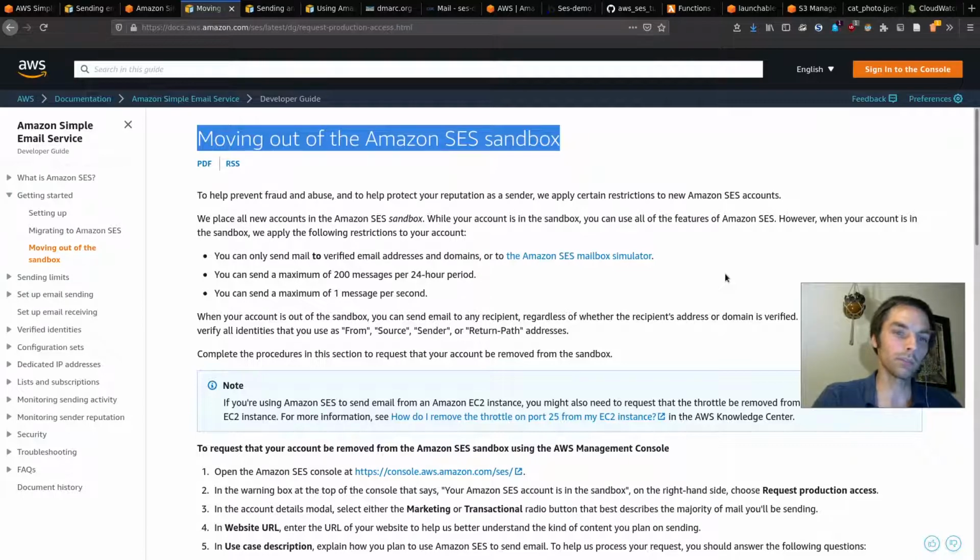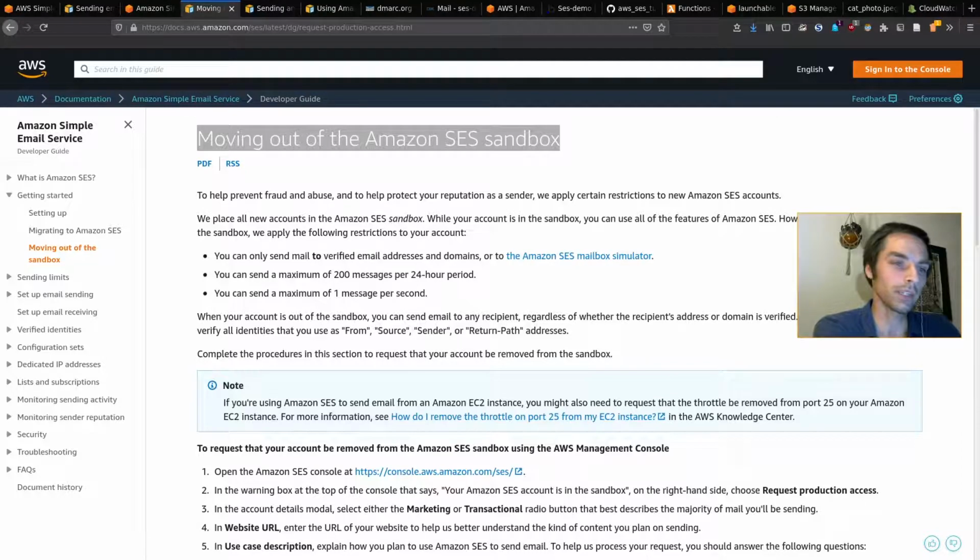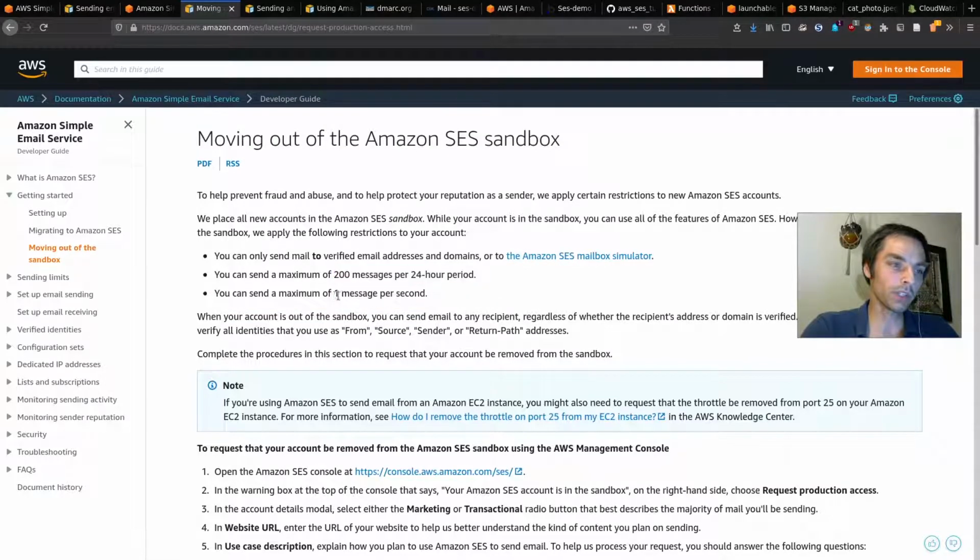You're not going to get complaints or bounces or anything, of course, because you're sending emails either to yourself or to the SES mailbox simulator, which is here. You can only send 200 messages per day and 1 per second. So be careful when you're testing this not to send a whole bunch of messages and lock yourself out